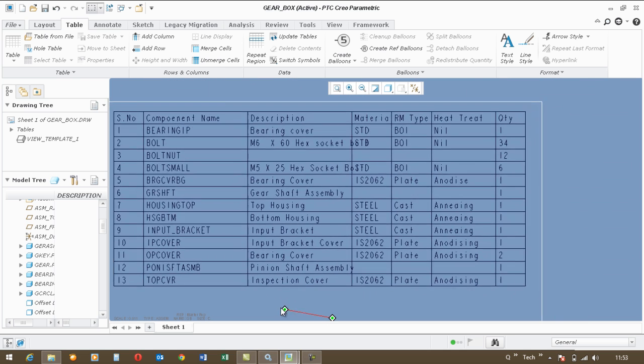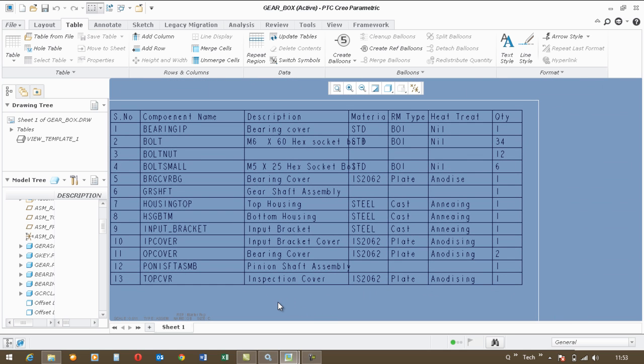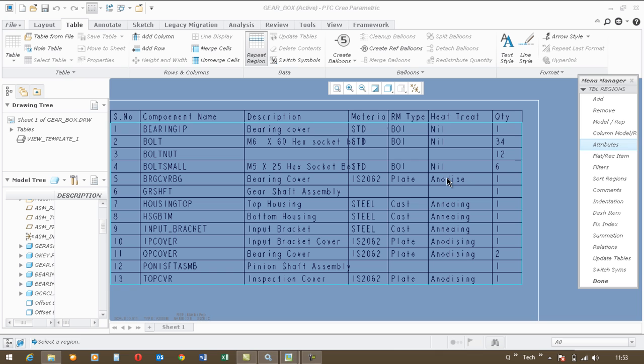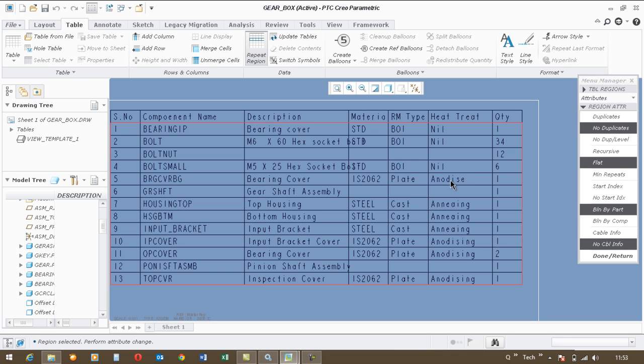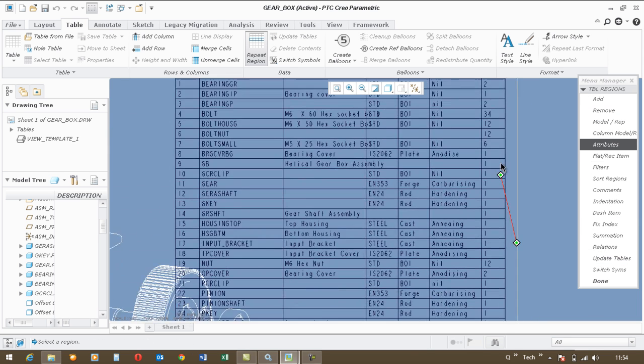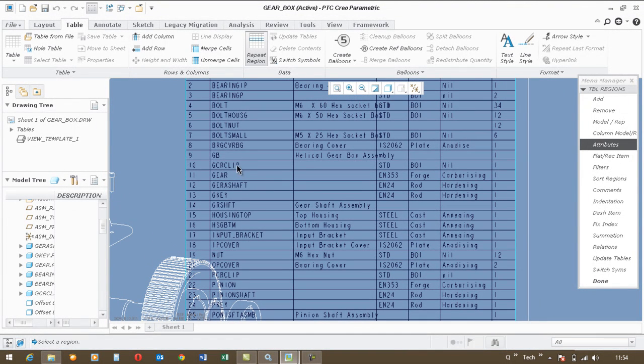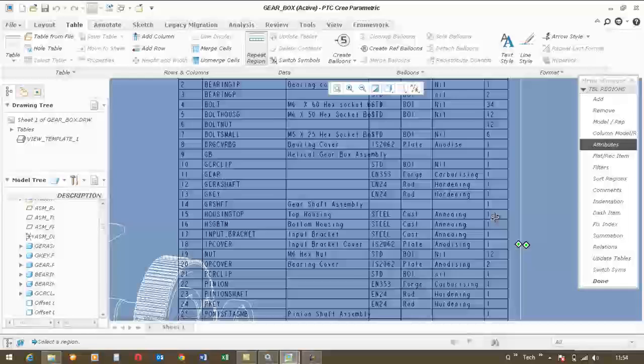No sub-level components are listed. Again, go to repeat region, attributes, select the region and select recursive, done return. Now all sub-level components, irrespective of how many levels you may have on the assembly, will get listed.